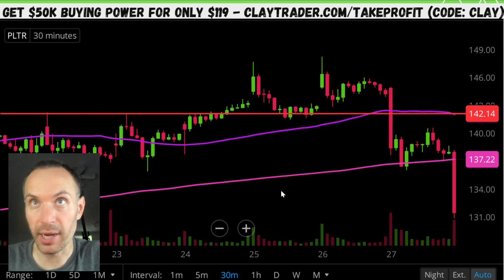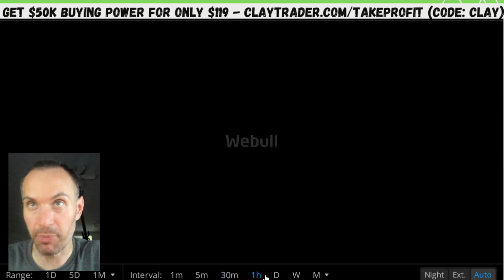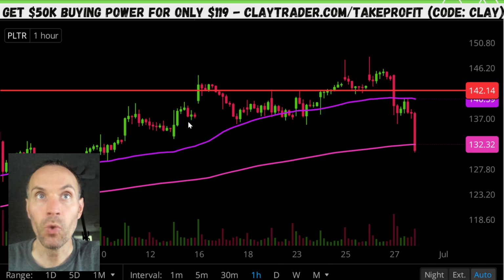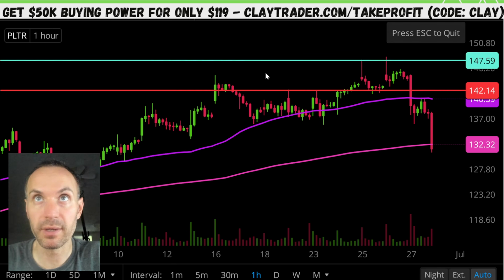So on that note, last time I looked at this, it was not doing this. So caught me a little off guard as soon as I pulled this up. So let's go to the 1 hour time frame. Oh, wow. 1 hour means each one of these candlesticks no longer represents 30 minutes, but 1 hour. So even on the hourly, the price is pushed down below the pink line with the next key area of support, next maybe bounce point